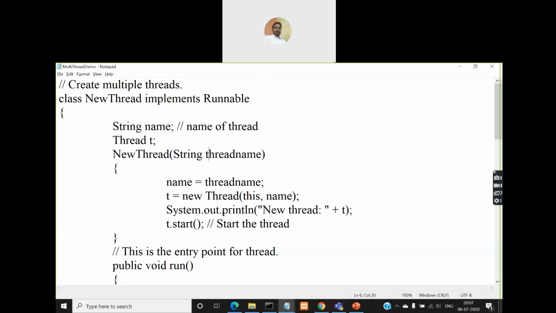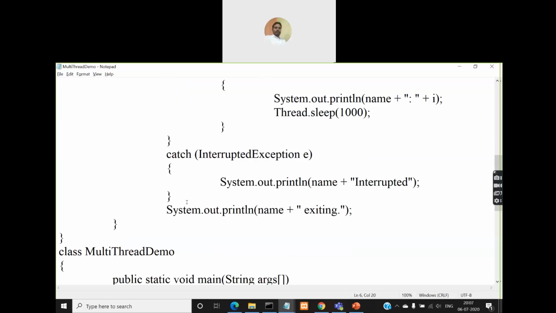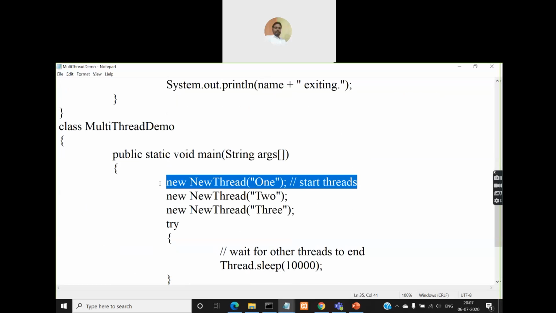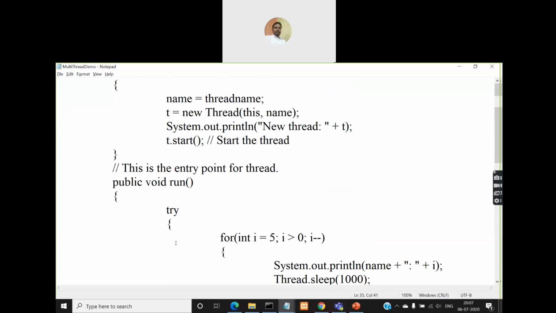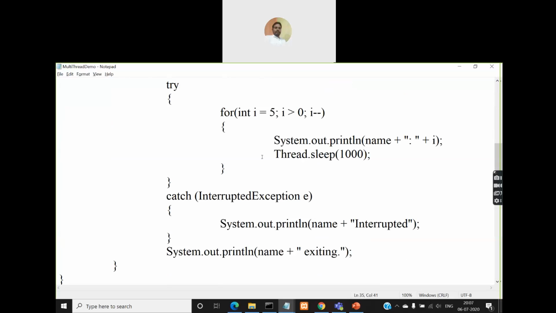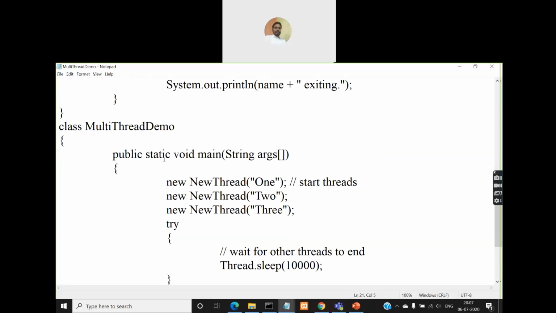yeah. Why? Because see, first when we create the object here, we are creating thread one, and thread one will be created here, and it will start executing this for loop iteration, right? But after one iteration, what is happening? It is being suspended for 1000 milliseconds. Then what will happen when it is suspended? You'll come back to the main method here, right? Okay, sir. So when it comes now to the main method, the second thread is created with 2. Then this also will start executing, right?